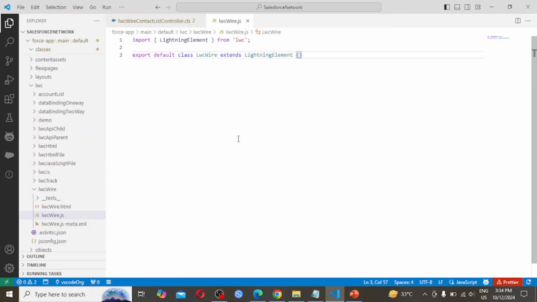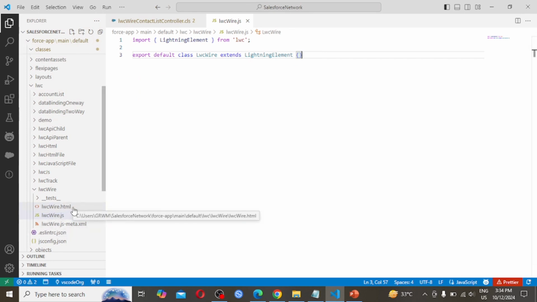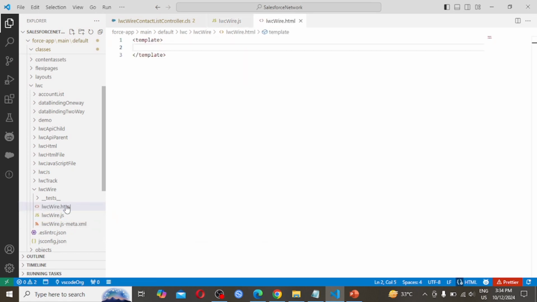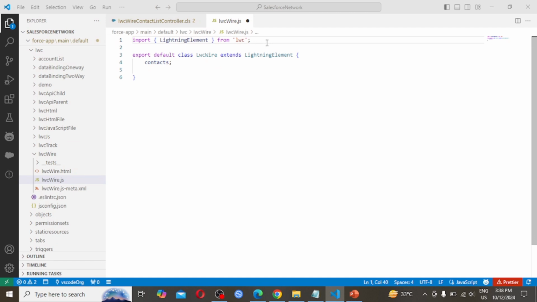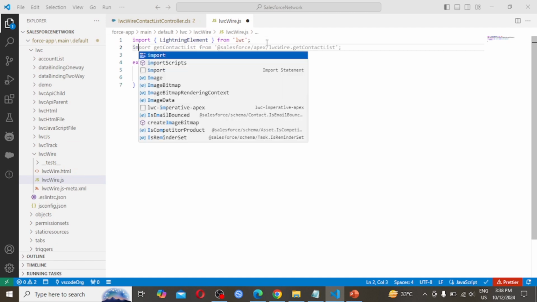So here it's created by the 3 files: .html file, JavaScript file and meta XML file. So open the HTML file and JavaScript file here. In the JavaScript file, what I am going to do: here I am declaring contacts. I have to import here our class name. So import